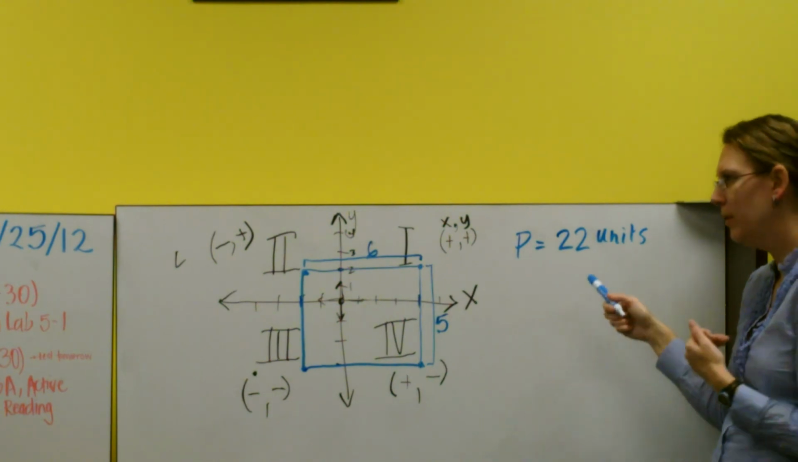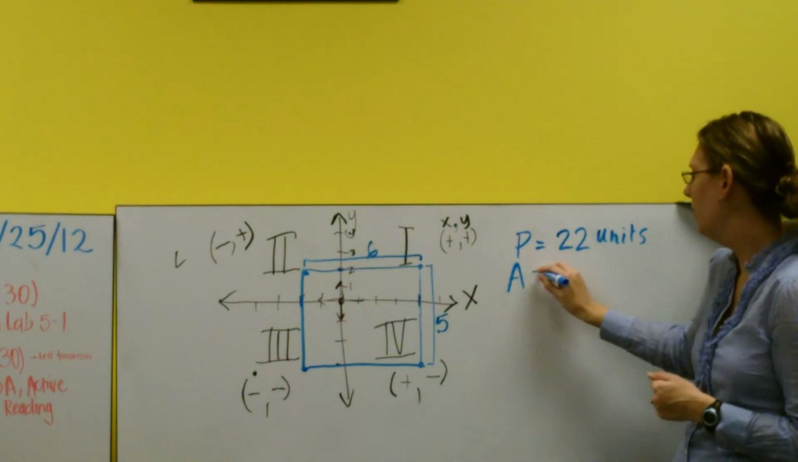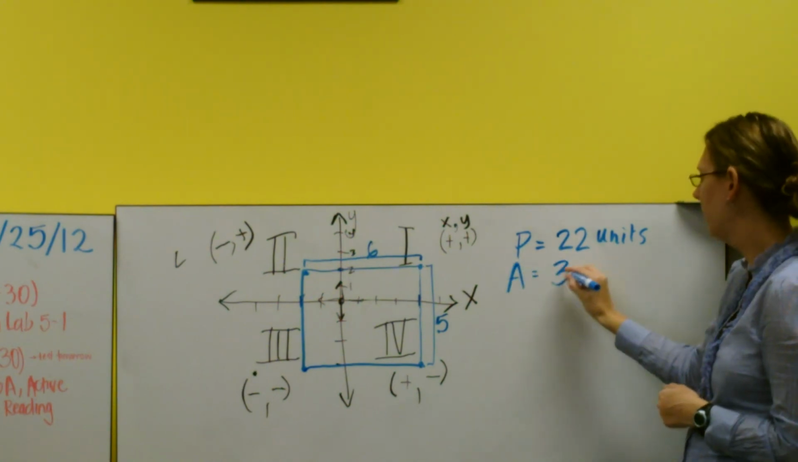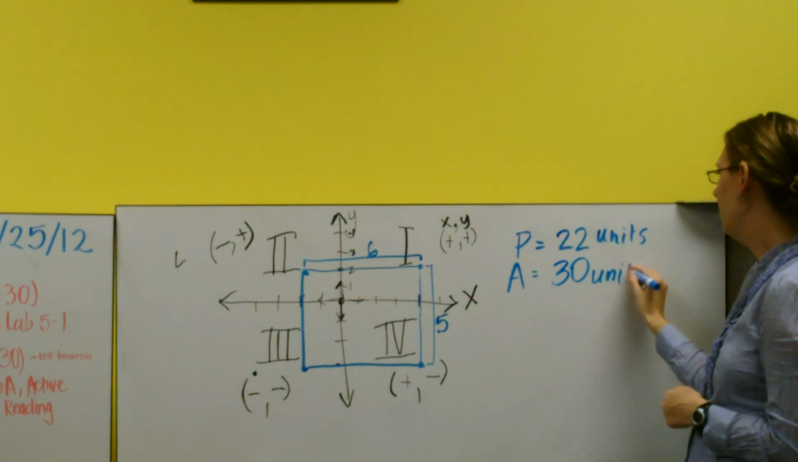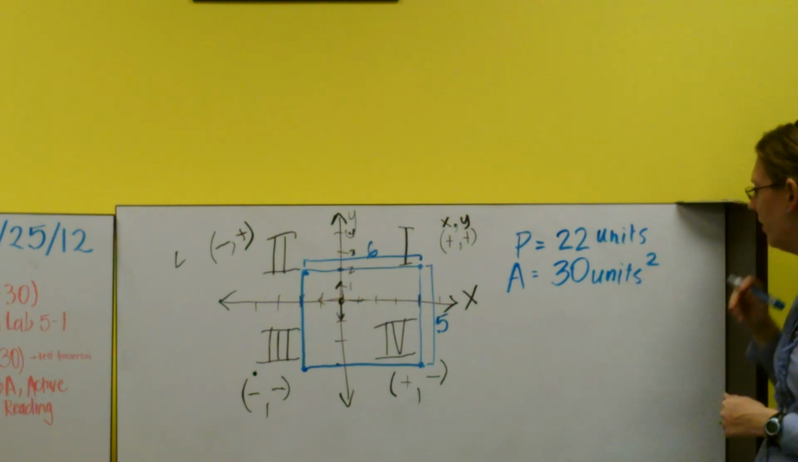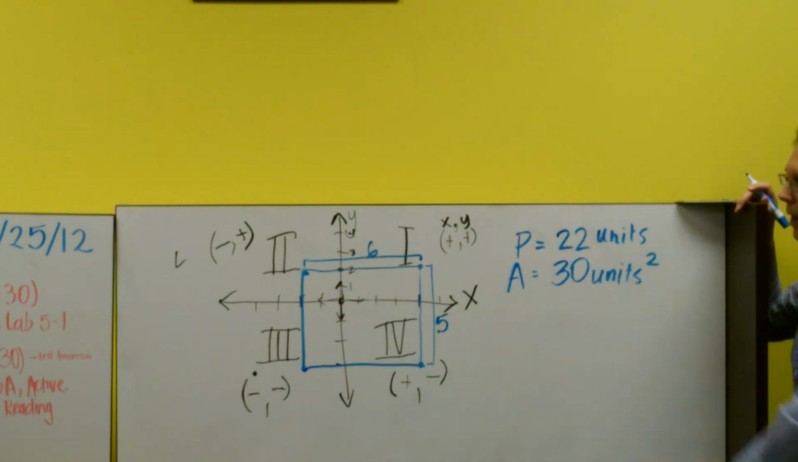Okay? Come on, tell me, what's the area going to be? 30 what? Units squared. Perfect. 30 units squared, because if you multiplied 5 and 6,